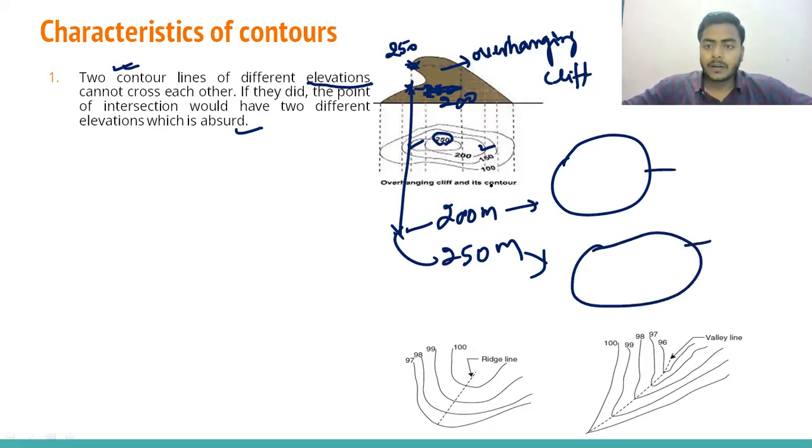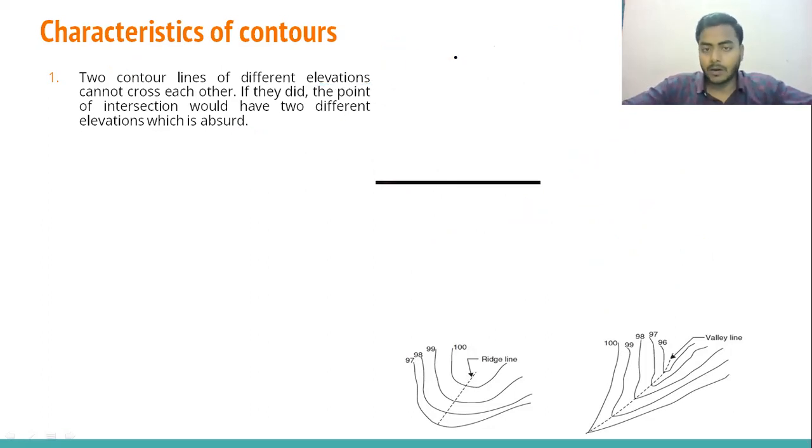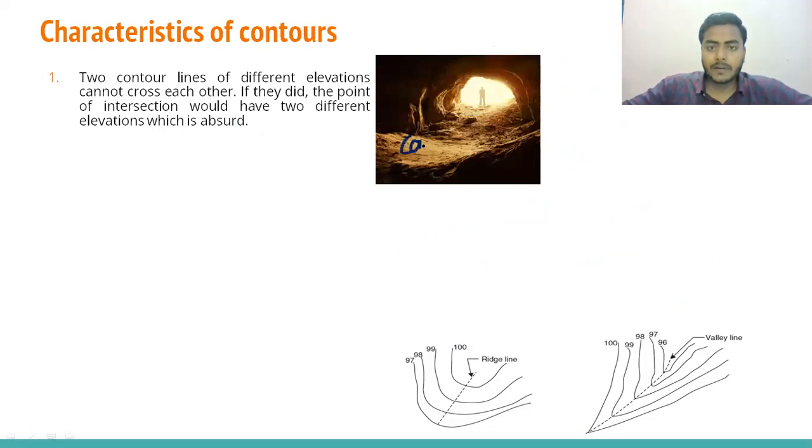And we have to draw these two contour lines at a single point. So how will it happen? We will see that in this case they will cross each other. One will intersect the other. It will be possible only in the case of an overhanging cliff, so you will rarely see it on the ground or an elevated portion. Or in the case of a cave.